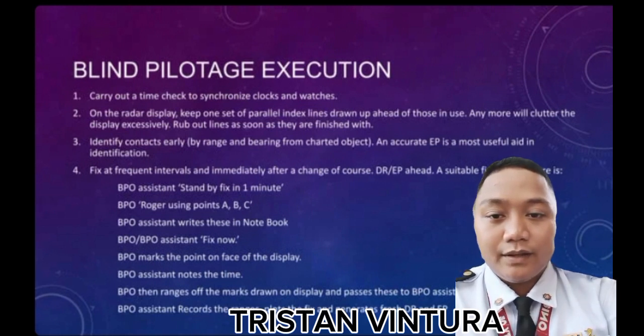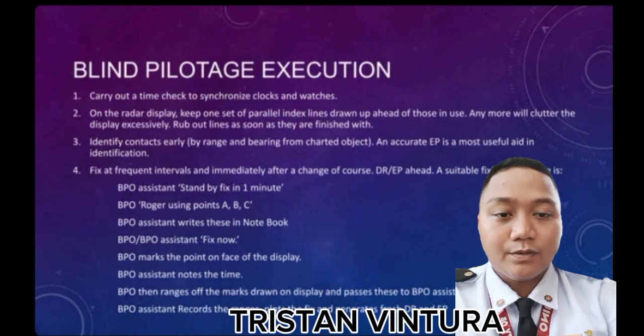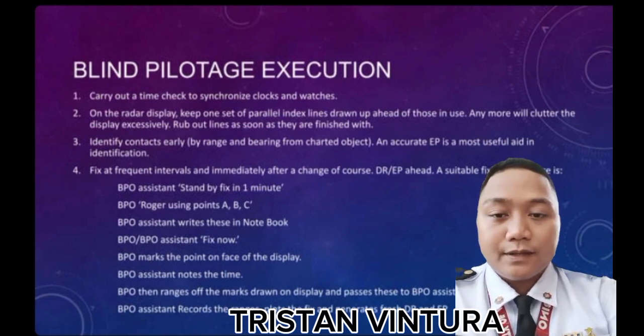Number 3. Identify contacts early by range and bearing from charted objects. An accurate EP is the most useful aid in identification. Number 4. Fix at frequent intervals and immediately after a change of course. DR and EP ahead. A suitable fixing procedure is: BPO assistant: